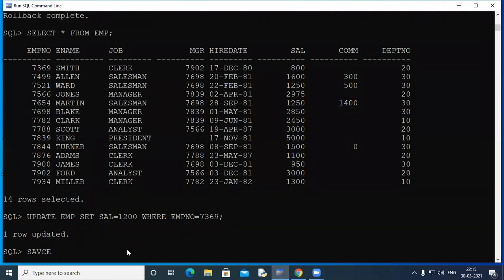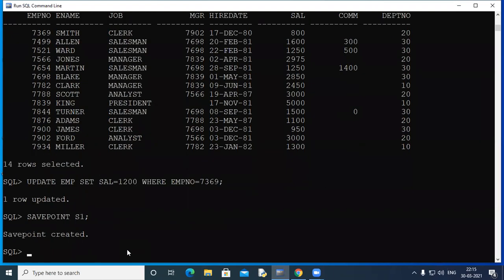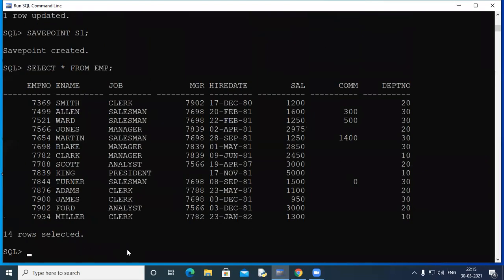I'll mark this point with the savepoint command as savepoint S1. Have a good look. So at savepoint S1, I have made one change. I've updated the salary of Smith to 1200 instead of 800. You can see it also. It's 1200.